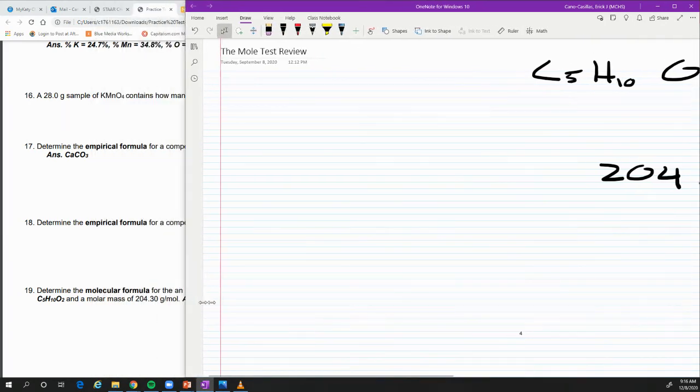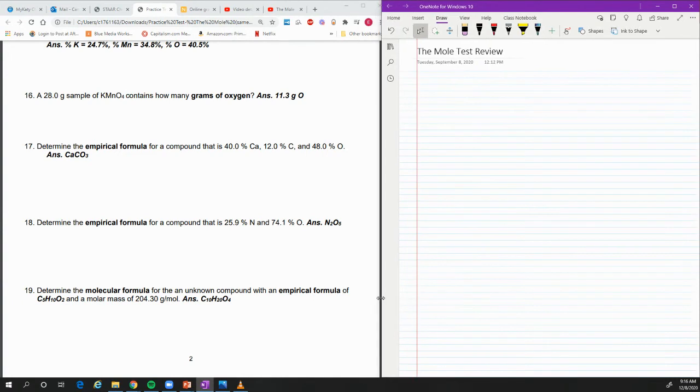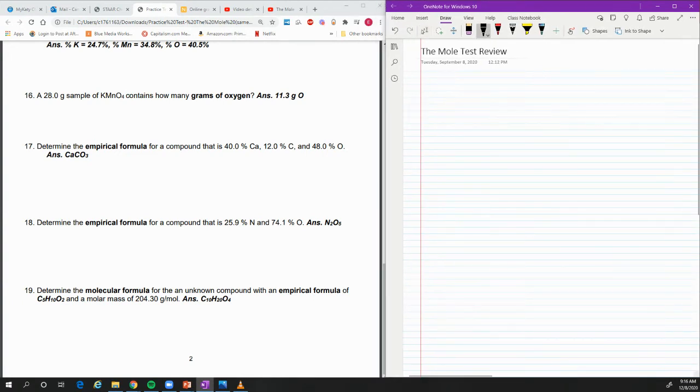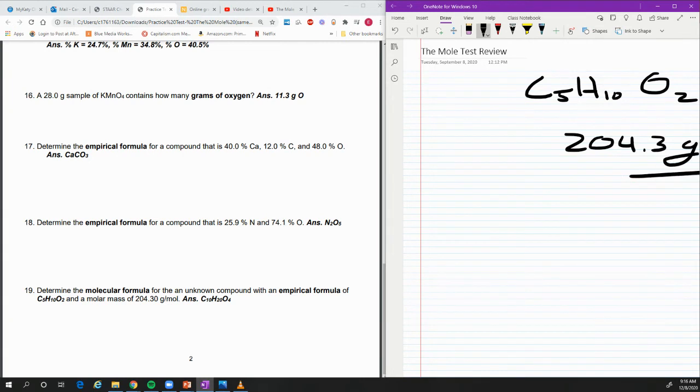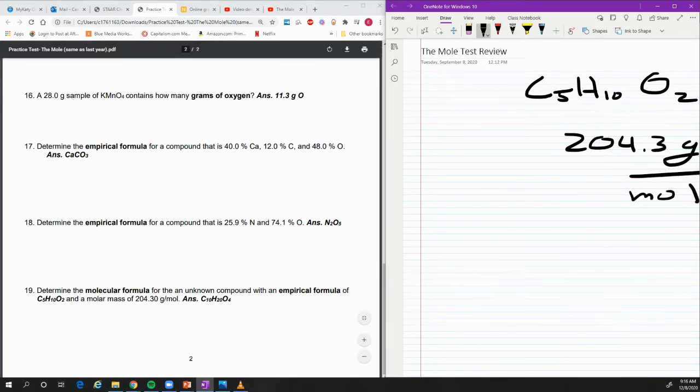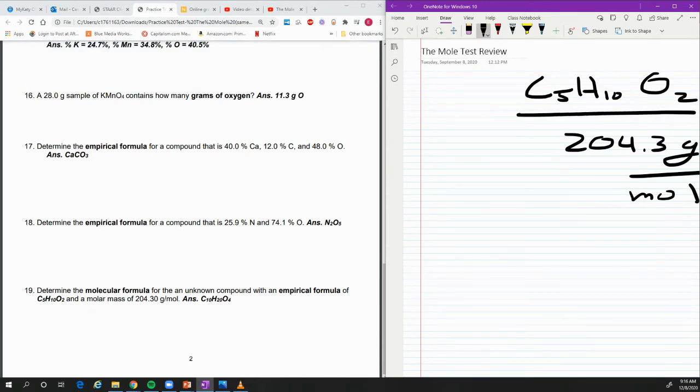Let me actually move this a little bit to the right now. I'll rewrite that. All right, so we got C5H10O2, 204.30 grams per mole. Determine the molecular formula for the unknown compound with an empirical formula and a molar mass. So what this is saying is the molecular formula of an unknown compound. We know that we have this compound, but we know that this isn't exactly right. We know that the compound at the very end weighs